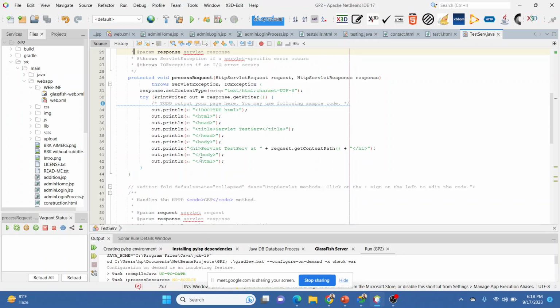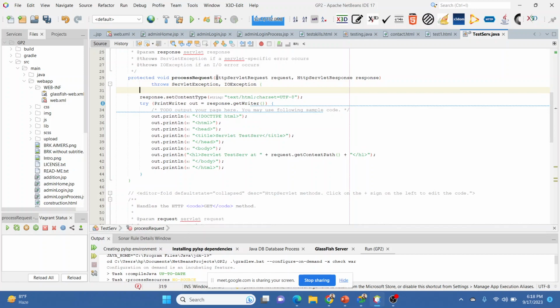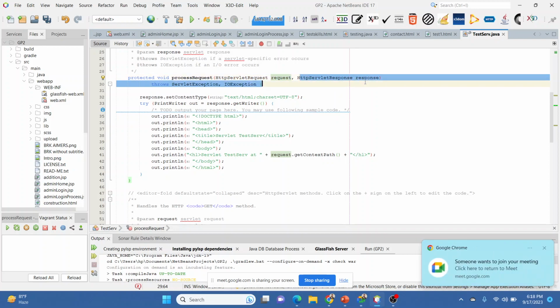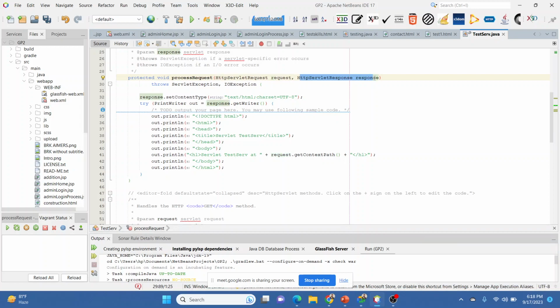In the processRequest function, or the doGet and doPost methods, there are two or three things we need to make sure of. The first parameter is an HttpServletRequest object, the second is HttpServletResponse, and both throw ServletException and IOException.